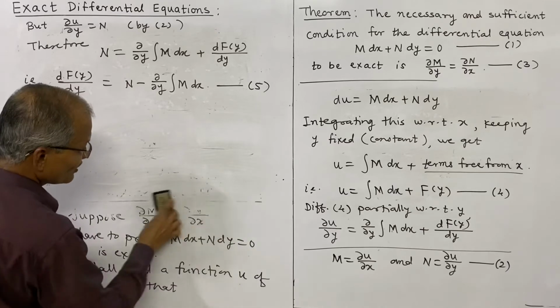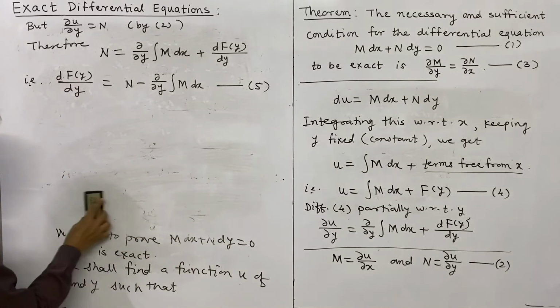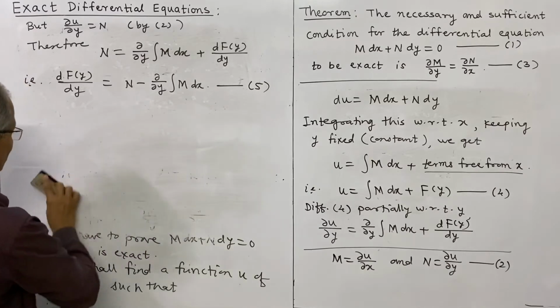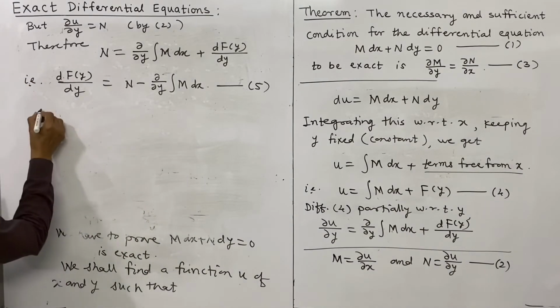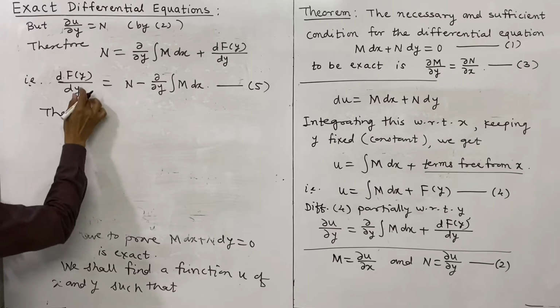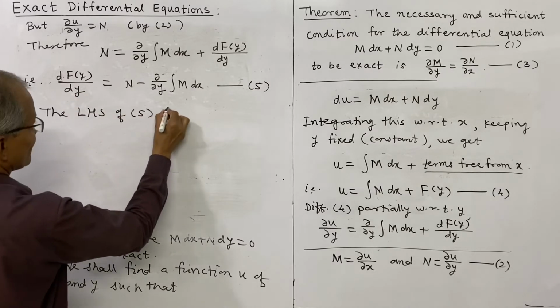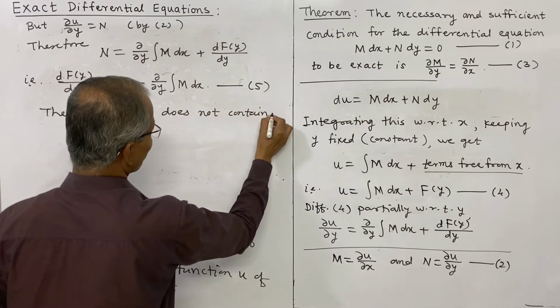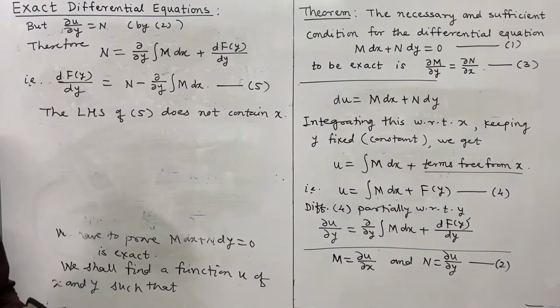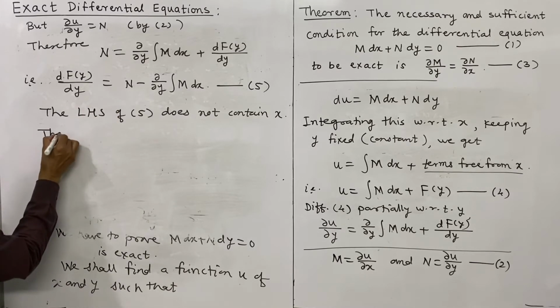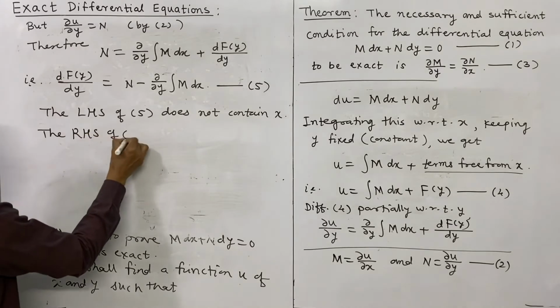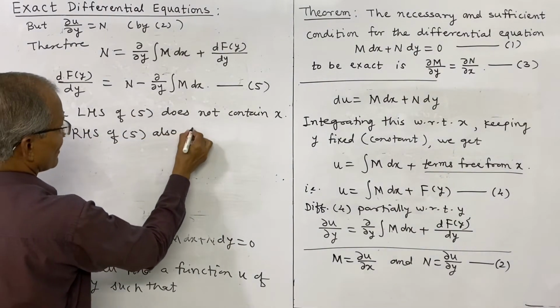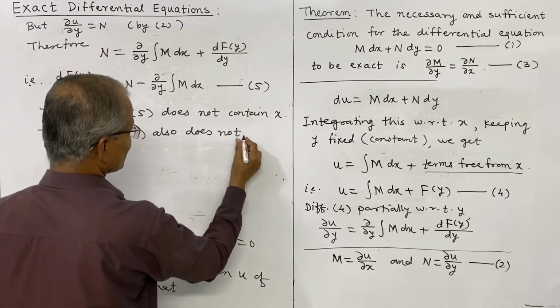The LHS of 5 does not contain x. The left hand side of 5 does not contain x, that is clear, because it is a function of y and differentiated with respect to y, the total derivative is with respect to y. The right side of 5 also does not contain x,